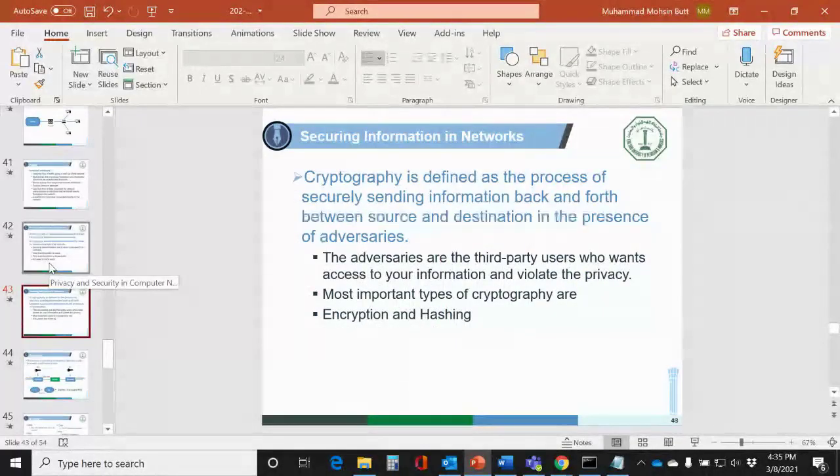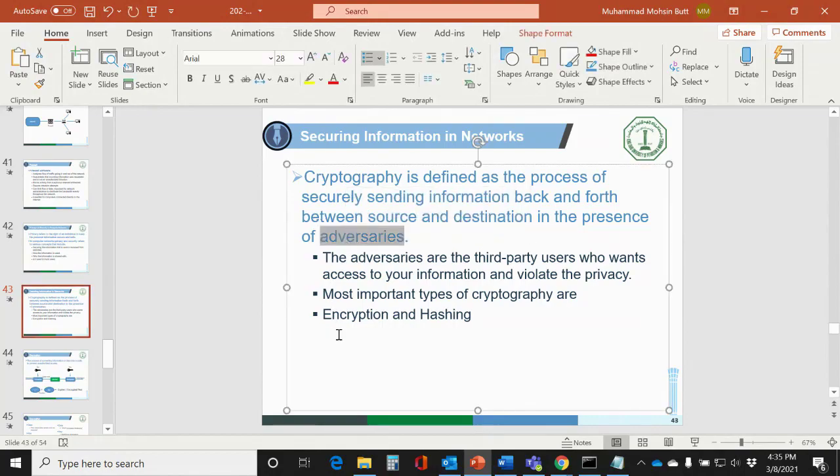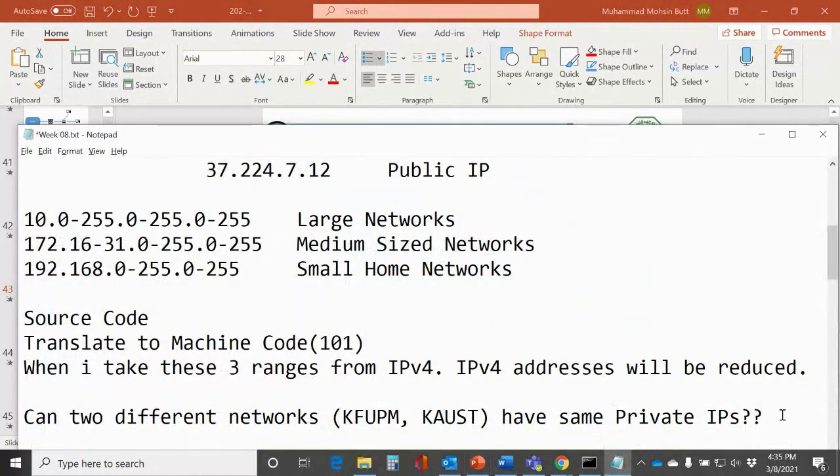So what is cryptography? It is the process of securely sending the information and receiving the information back between a source and destination in the presence of adversaries. Who are the adversaries? In simple words, you can say the hackers who are basically monitoring, who can basically see your information. If I have a credit card number, let's say whatever the number is,